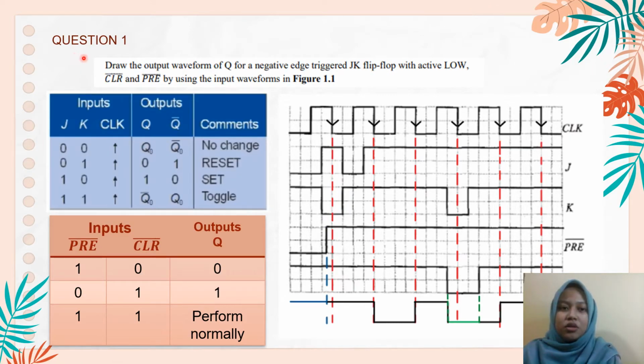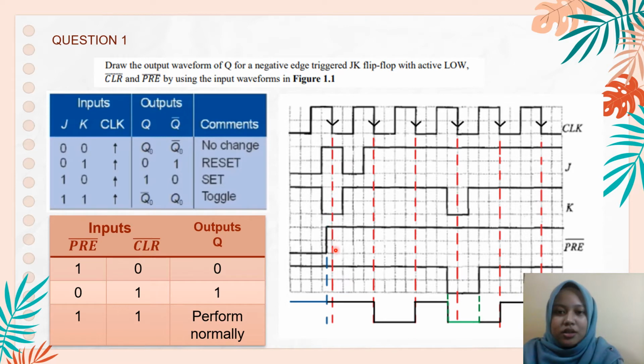Okay, question 1. Draw the output waveform of Q for a negative trigger JK flip-flop with active low clear and preset by using the input waveform in figure 1.1. Okay, you can see two truth tables. This one is the JK flip-flop and this one is the truth table for preset and clear. Okay, first clock